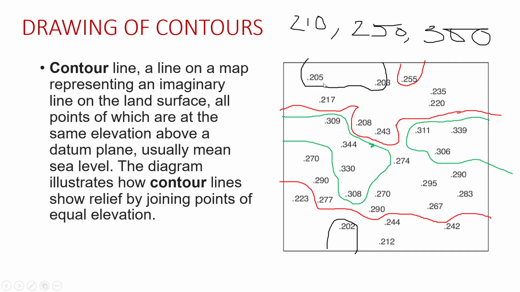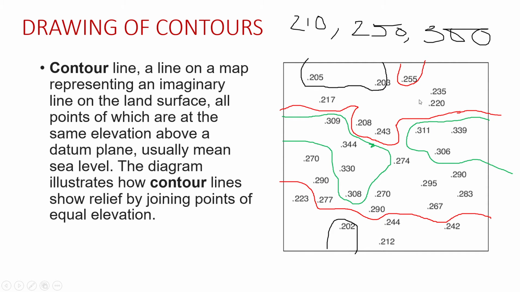So I have found 210 meters between 205 and 217, and again between 203 and 225. So I have joined those points. Those points will be invisible, but you have to assume that the points may lie between these two numbers, right? And I have demarcated certain zones where we can draw 210 by joining the points, right?